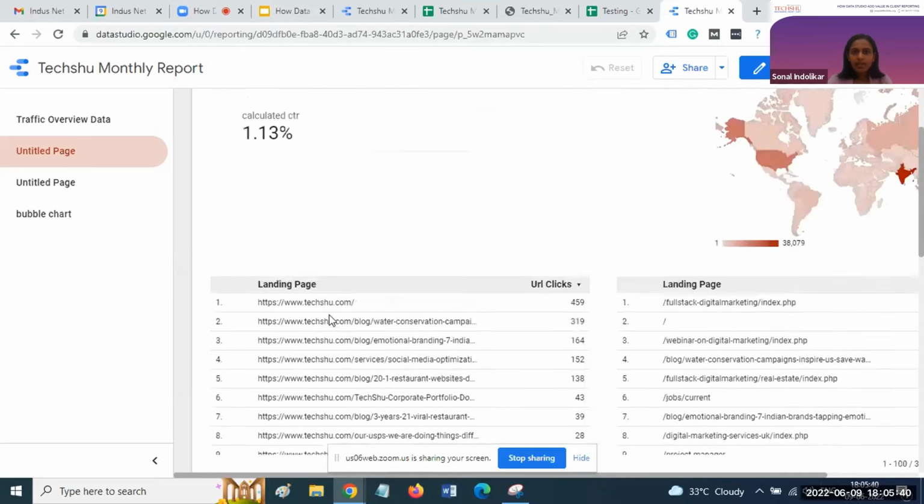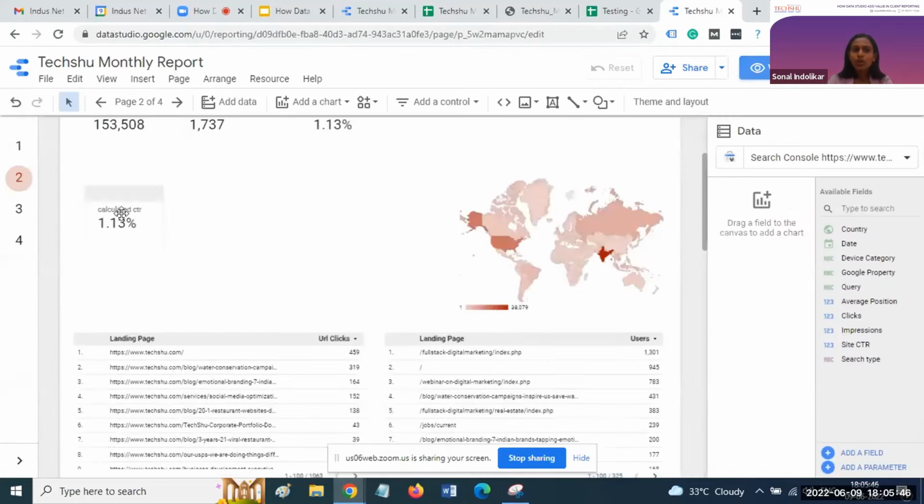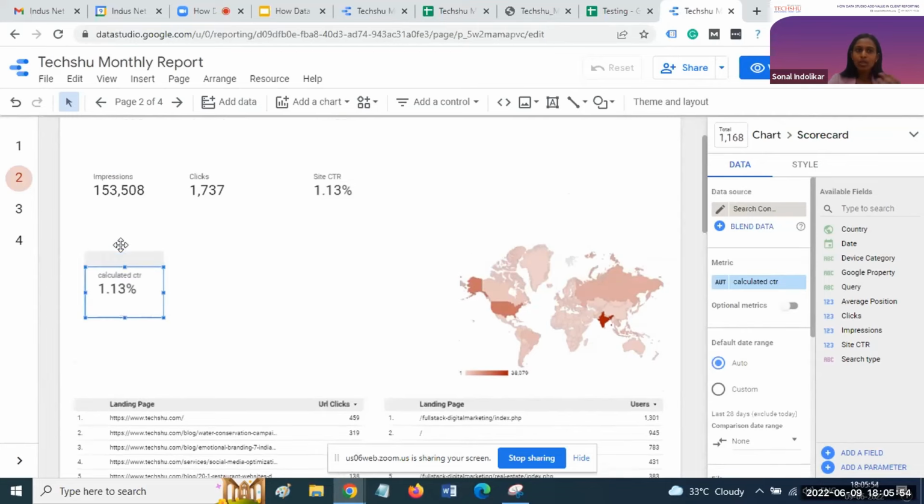Also, another advanced feature available in Data Studio is that you can create your own calculated field. For example, if you want to apply any formula from your end, you can create a calculated field in Data Studio. So if you are a person from the account team and you want to apply a formula which is not available in the inbuilt features, you can use this calculated field as well.